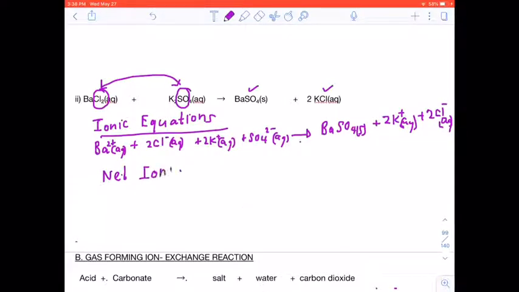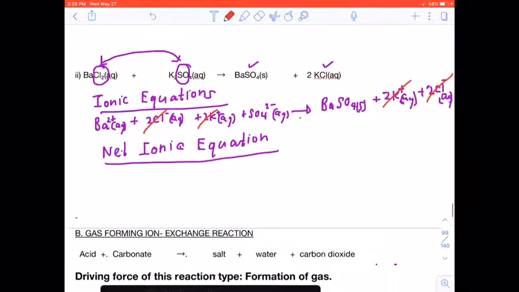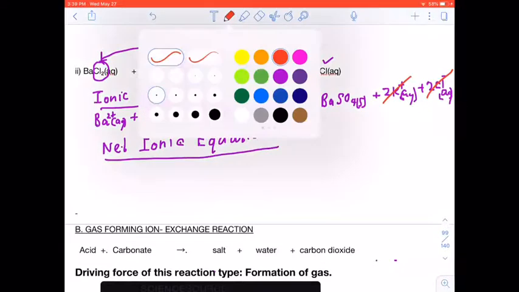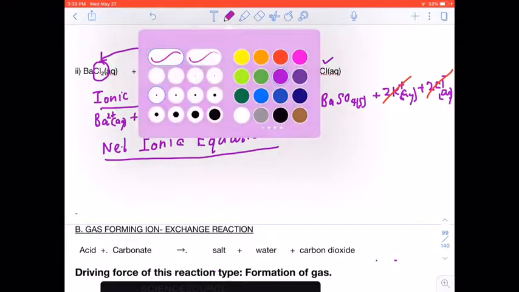Now we go to our net ionic equation. Okay, that's our net ionic equation. If we look at it, let's see which are our spectator ions. We see here we've got 2 chlorides there, right? And then we have our potassium here, and we have our potassium there, right? Ions. So then our net ionic equation is